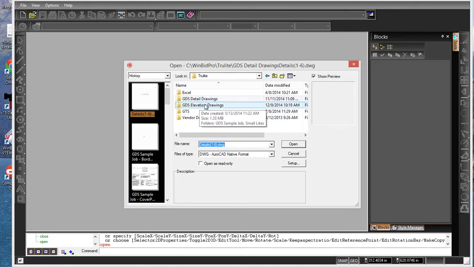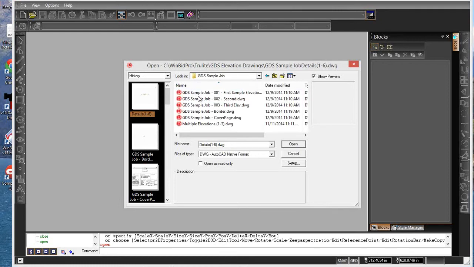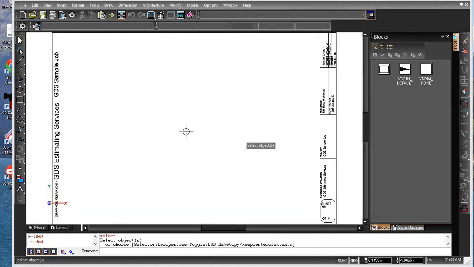So we're going to go to elevation drawings now. So GDS elevation drawings, that's where all the job elevations, cover page, border pages are saved. I'm going to go to my sample job. Now I'm going to go to the border page, and that's going to open up, right? So now you'll notice something. The border page doesn't have all the blocks from the other things, but if I were to open up